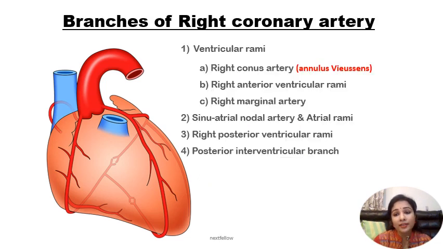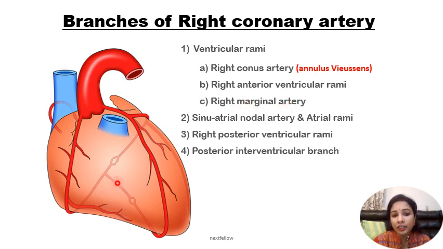Let's talk about the branches of right coronary artery. Right coronary artery gives rise to ventricular branches. We can see here several ventricular branches supplying the right ventricle mainly, and it also gives rise to SA nodal branches which supply the SA node, called the sino-atrial nodal artery, which is more commonly given off from the right coronary artery. Right posterior ventricular branches are also present, and one of the ventricular branches is quite larger, which is called the right marginal artery,